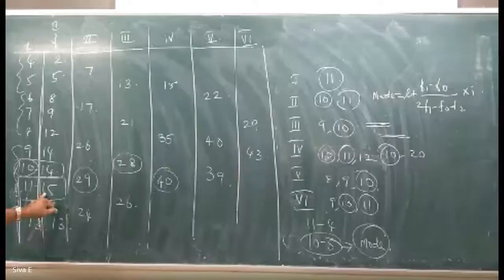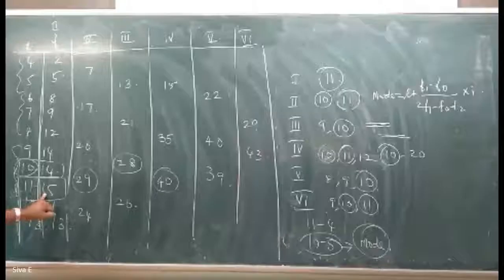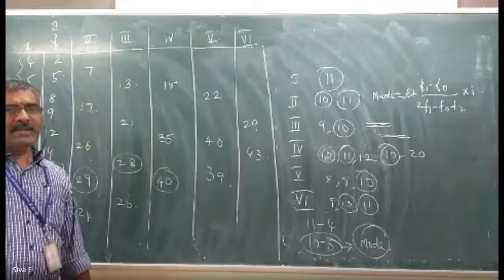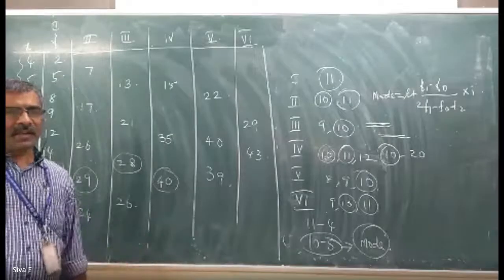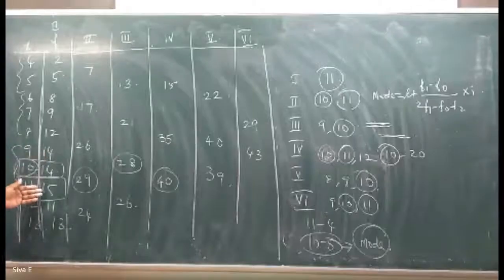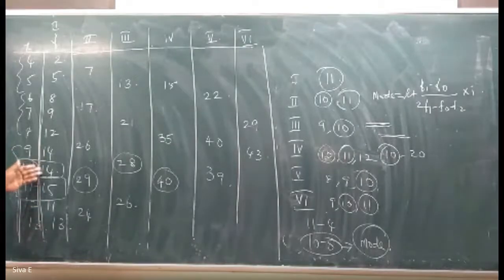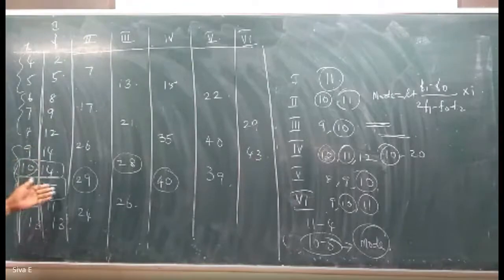Sometimes it may be wrong. So at that time we have to analyze the data to find which one is the exact mode, using the grouping data. Sometimes there is no high value nearby. Here 15 and 14, 14 is the next highest value. If the neighboring value were very low, then we could easily say that 15 is the mode.